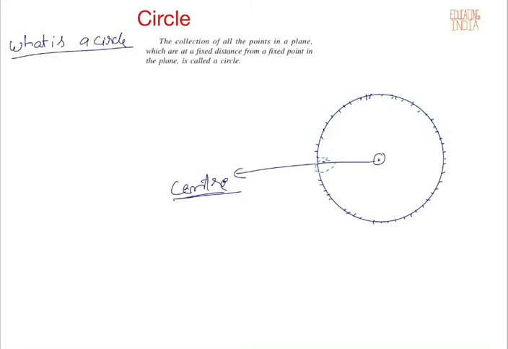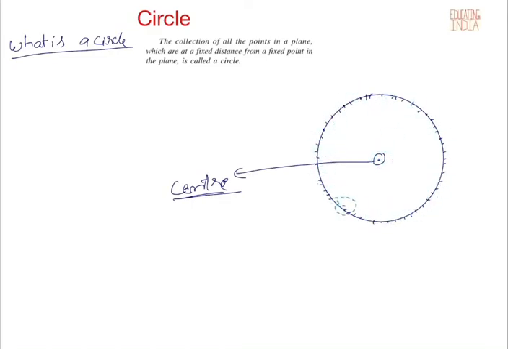Okay, and all these points lie in the same plane. Like we can see in this case, they are lying in a two-dimensional plane. So again, to formulate a definition which you can write in the exam, we write it as a collection of all points. I have drawn some points, but each and every point which is equidistant from this center, we draw n number of points, so we will get this figure.